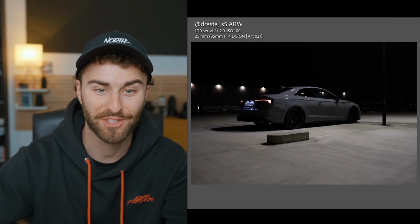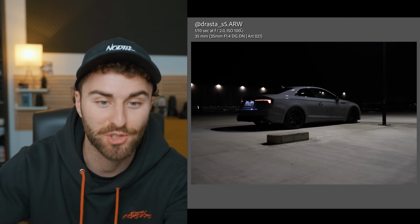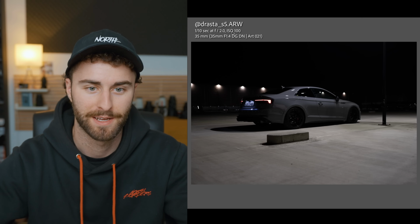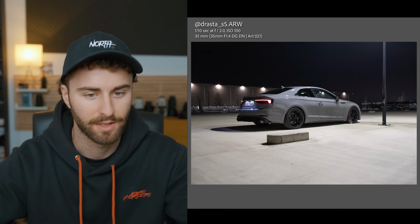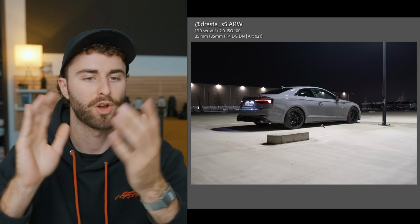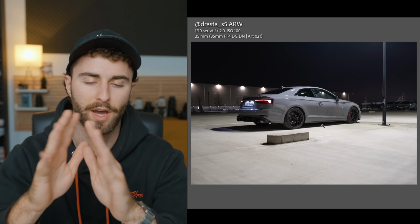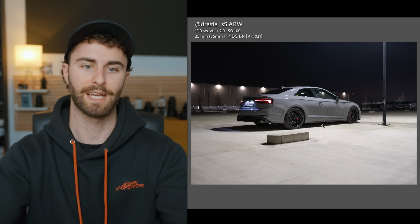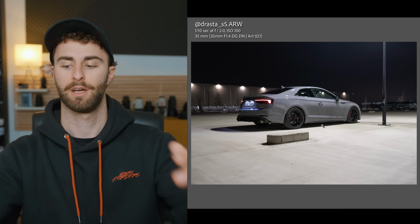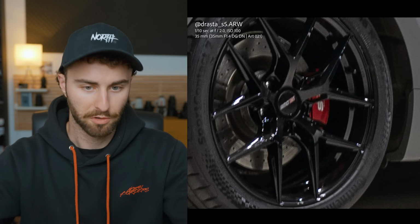1/10 of a second, f2, ISO 100. You're shooting on Sony as well. You don't even need to be shooting at such low shutter speed with such low ISO. Yeah, dude, during the day, ISO 100, 200, that's fine. At nighttime, you could easily have gone to a 400 or 500 ISO and still gotten away with it. It would have allowed you to bump up your shutter speed a bit more, and then your photo would have been a lot